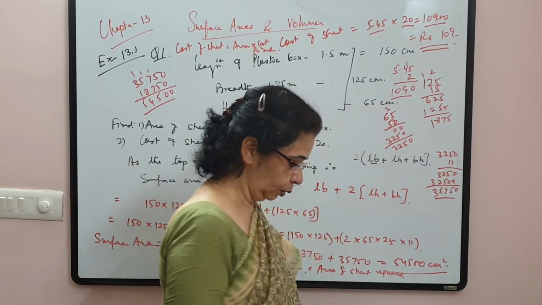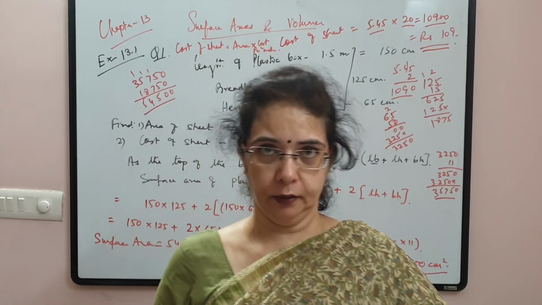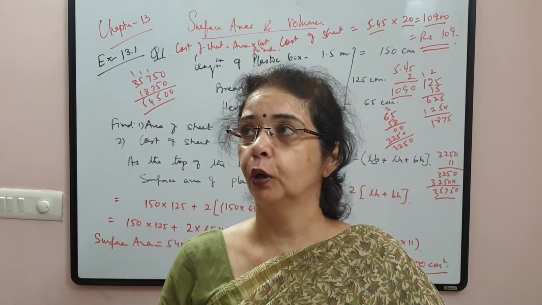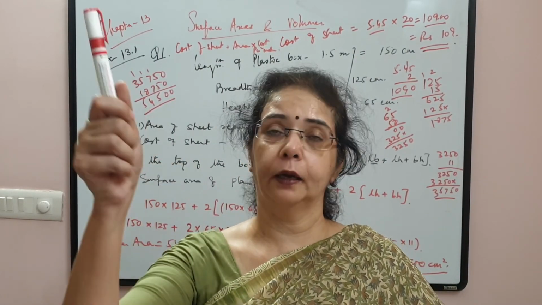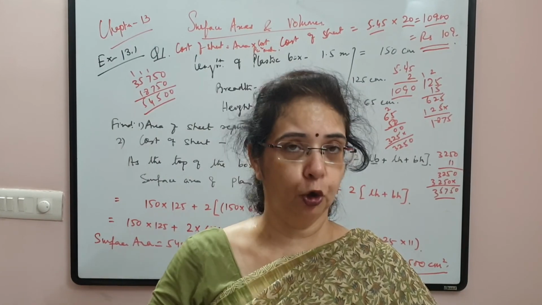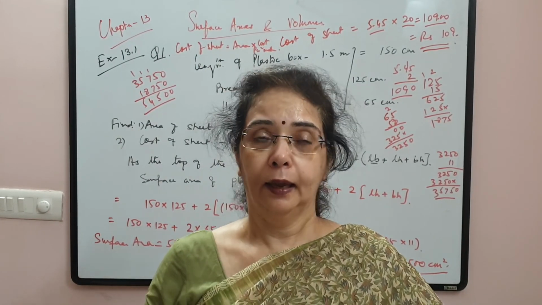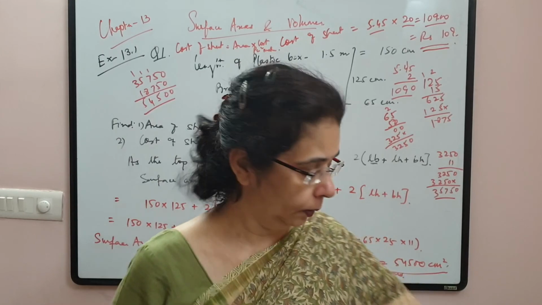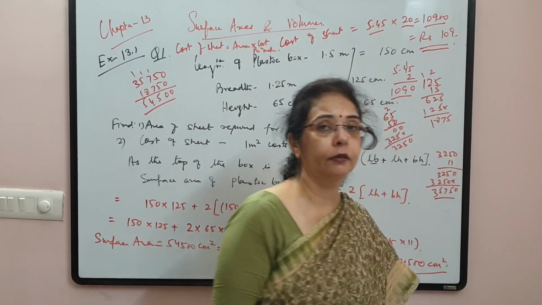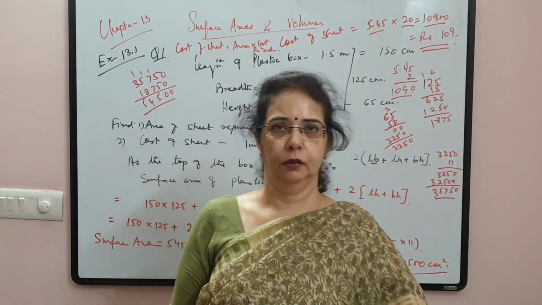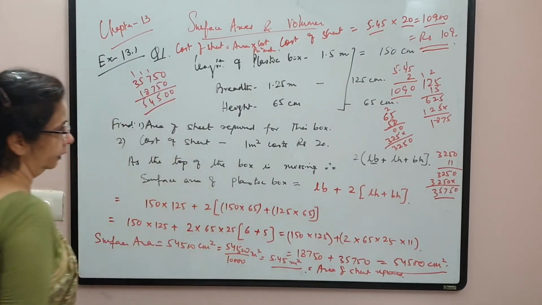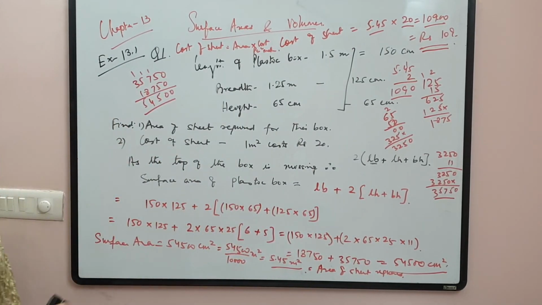Children, I am again telling you, be careful with the units in such questions. Be careful, read the question properly. Top is missing, wall is missing, floor is missing. You have to see all this and keep a check on the units. Okay? And don't make silly mistakes during calculation. Okay? Right. So this is your question number 1.